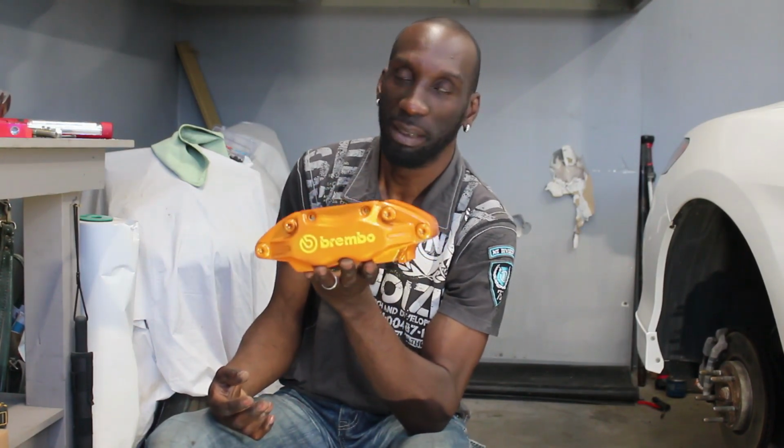Hey, what's up guys? So it's finally time to put these 4 piston calipers on the car. I bought these calipers, they're from a 05 Acura RL. I bought them, sandblasted them, powder coated them. Now the reason why I'm upgrading to these ones,